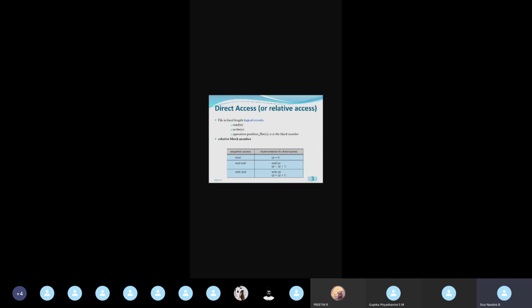This will be useful when the disk storage supports both direct access and sequential access. In that, n will be giving the block number. Because in direct access we divide a file into fixed length logical records or logical blocks. In sequential access there is no need to divide into blocks because we access sequentially only. But if we are using direct access, we need to divide the file into blocks.